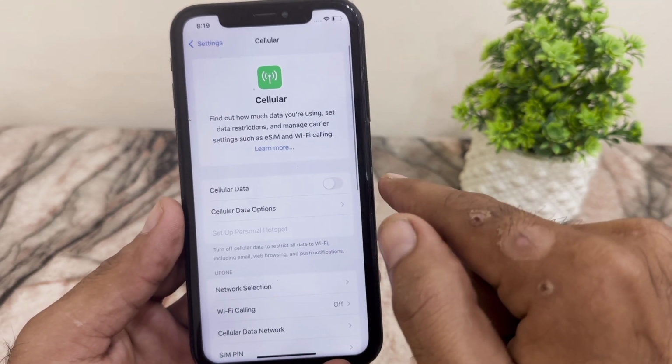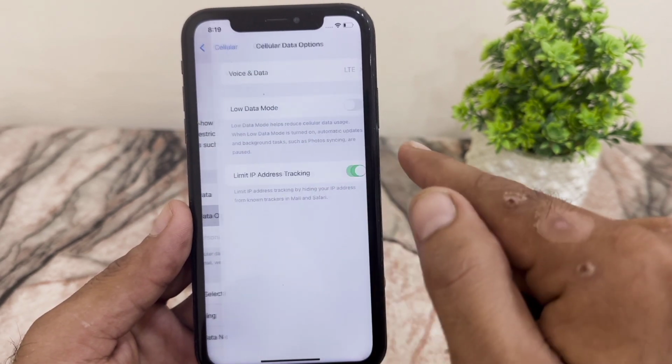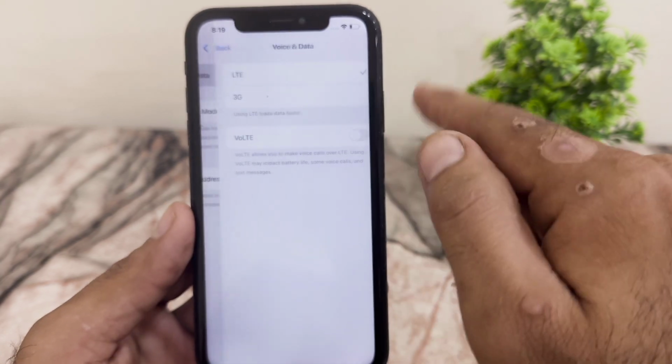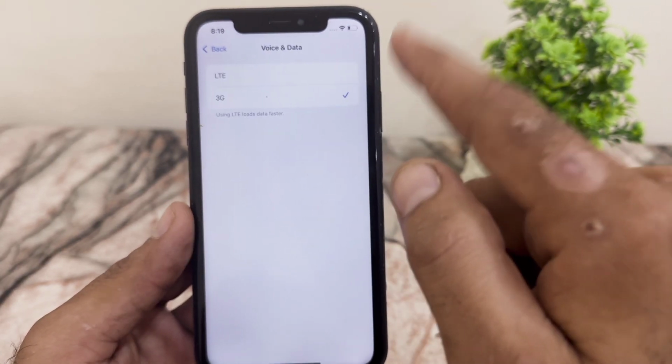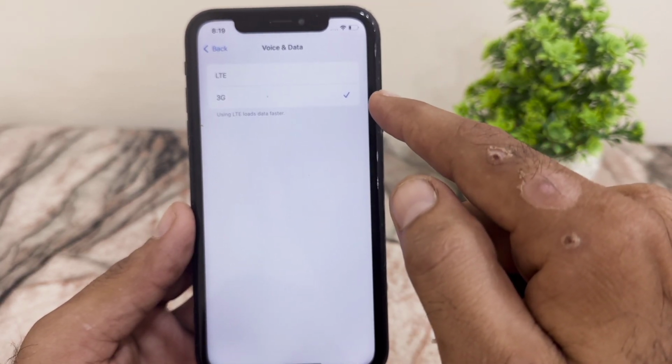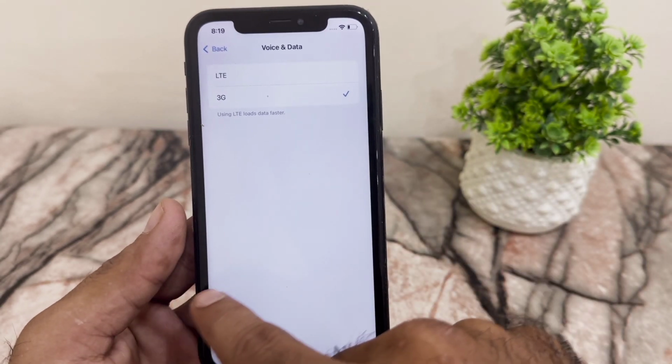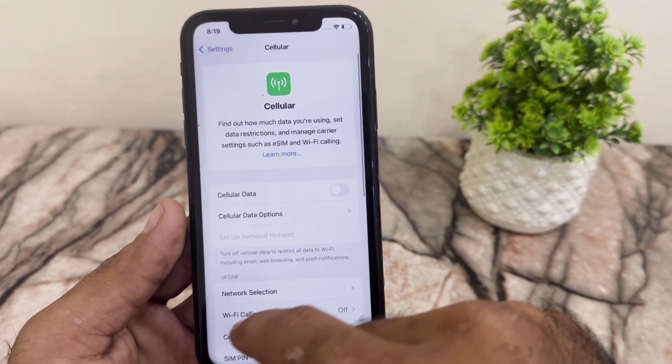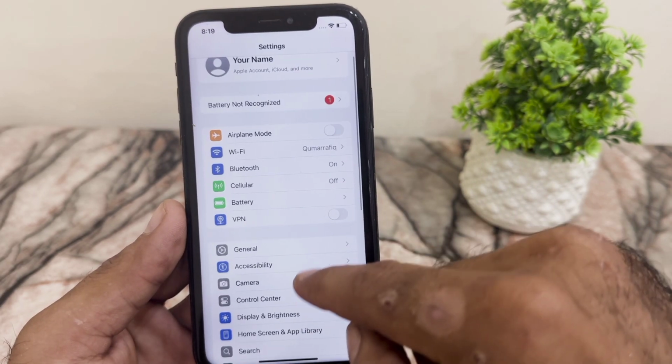selected. Now go back from here, and now, guys, tap on Cellular Data Options. Here, make sure you select 5G if you have the 5G option available. So after that, simply go back from here, then go back, and click on General,